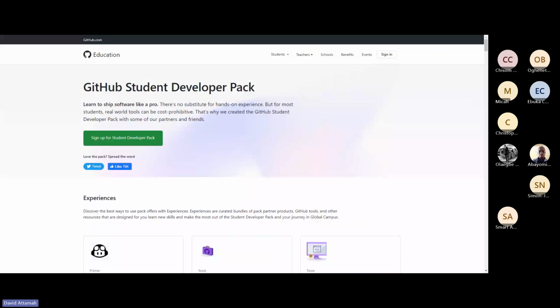All right, that's massive. So even if you're not into coding, even if you're a beginner in